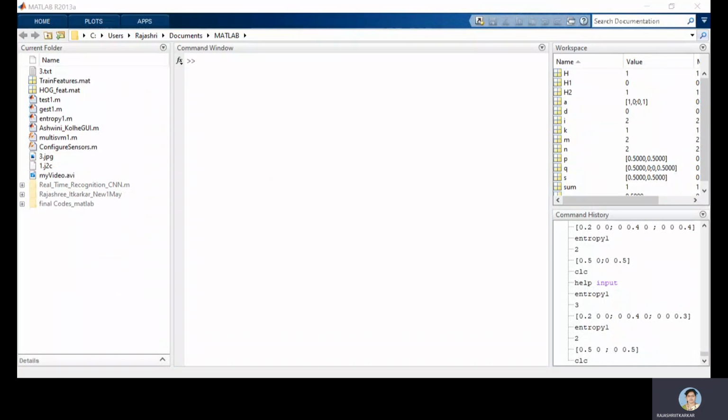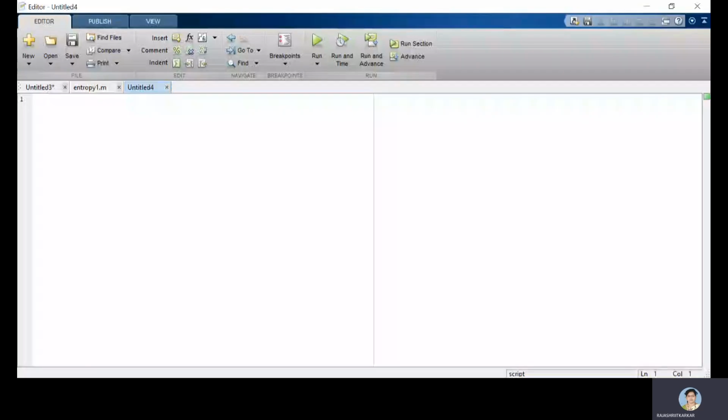So once again we'll go to the editor window, so that it will be shared for you now. I'll be sharing the editor window again. So here is the editor window now. In the editor window, you need to type the program you want to run. There is already a program which I explained in the morning, and I have just typed it here.